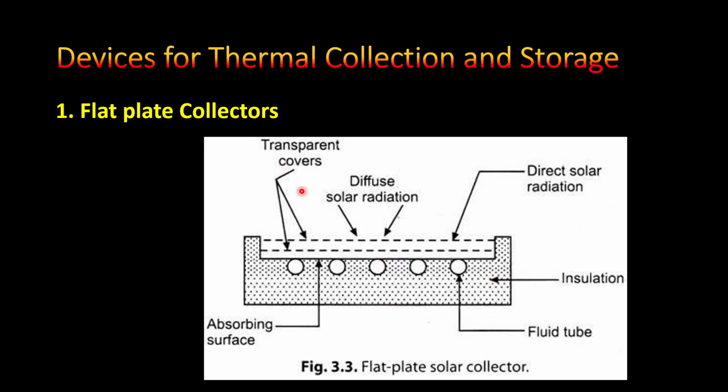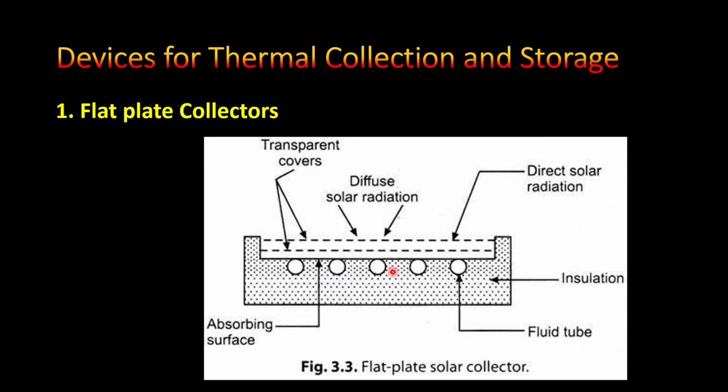So when the light falls on the absorber surface, it will heat up as it is coated in black. As we know, black is a color which absorbs almost all of the radiation and emits only very little. This absorbing surface will absorb the heat energy and heat up. That heat is transferred to the fluid passing through the tube beneath the absorber surface, and that's how this works. That is the flat plate collector, and the advantage is that it is very simple in construction and design, and there are no moving parts.